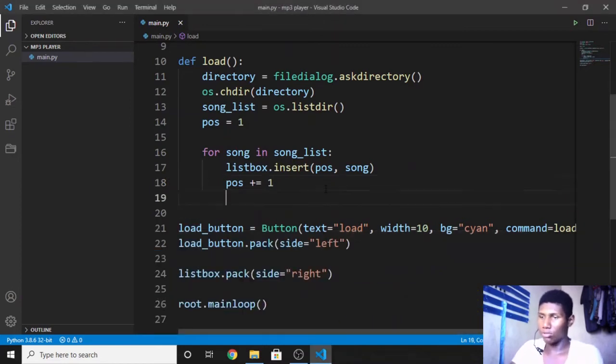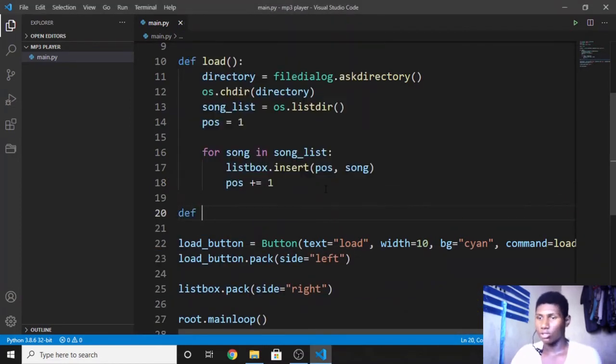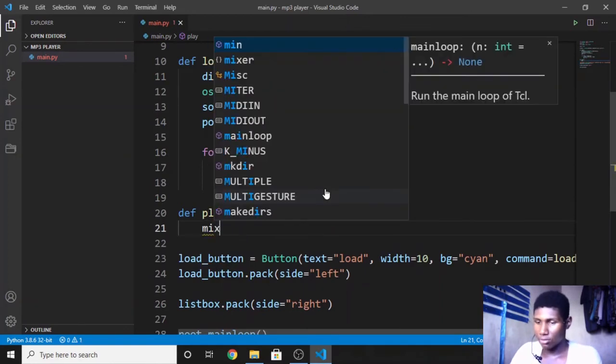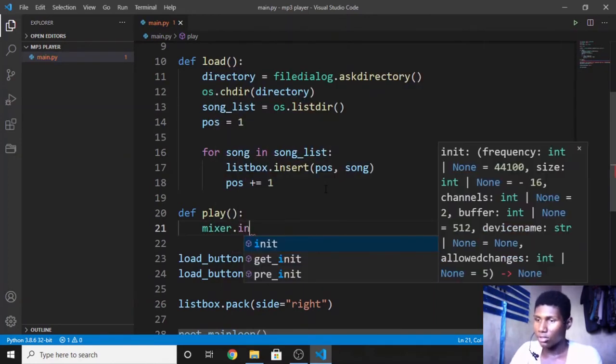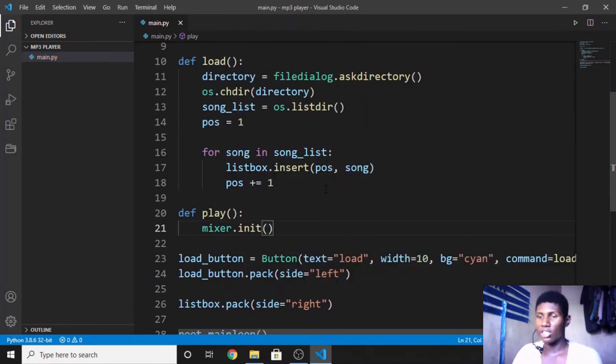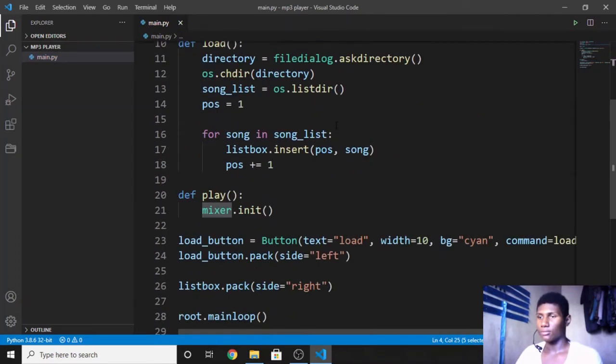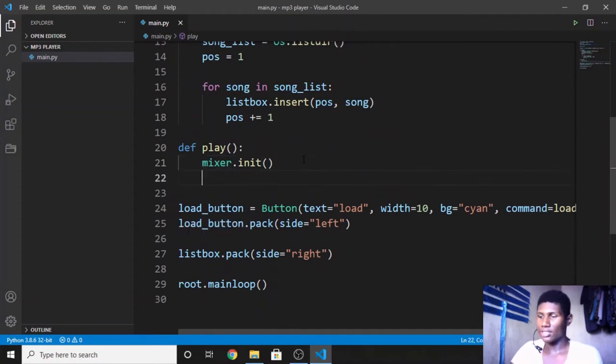So I'm just going to do, first of all, I'm going to define the function. So I'm going to say define play, and here in play, the first thing I'm going to do is say mixer dot init. So this is going to initialize the mixer, which is that mixer that we imported from pygame there. So after initializing it, what I want to do